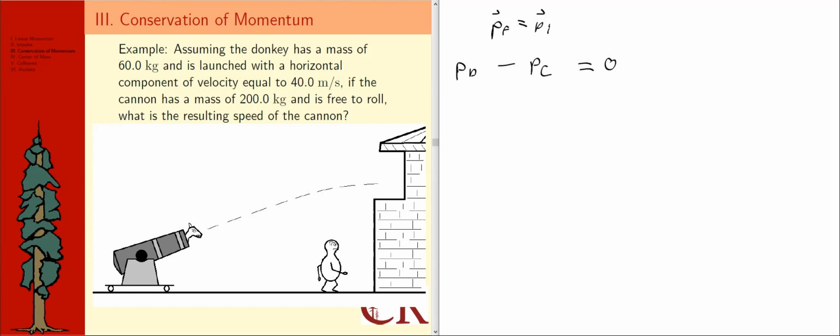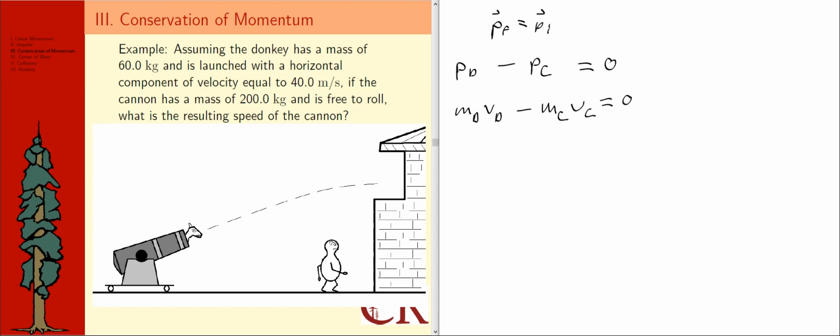And the way I could express that is to say, okay, it's the mass of the donkey times the velocity of the donkey minus the mass of the cannon times the velocity or speed of the cannon, if you like. So this is how I like to do things. I wrote vector symbols up here, but basically I just used an explicit minus sign here to indicate that the donkey is going to the right and the cannon is going to the left, recoiling to the left, that is,